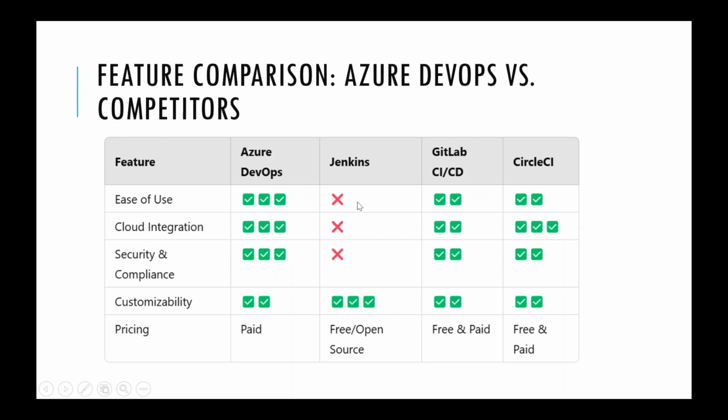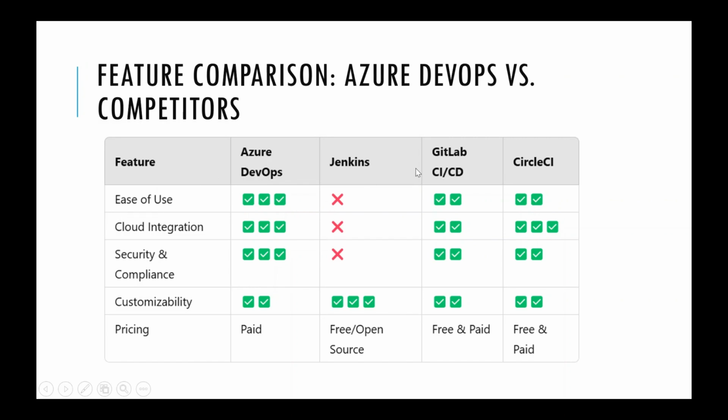Jenkins is not quite that good if you compare this with GitLab CI/CD. It has 2 stars. You can see the stars here as well. Here in Azure DevOps we have 3 check marks, but in GitLab CI/CD we have only 2. So we can say Azure DevOps is somewhat better comparing with GitLab CI/CD and CircleCI in case of ease